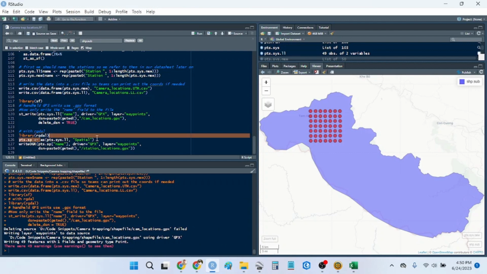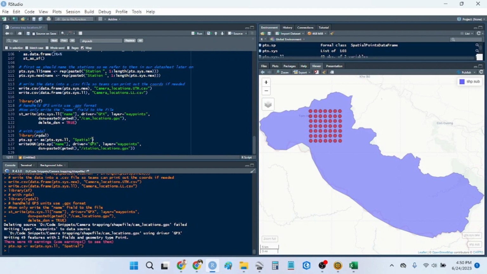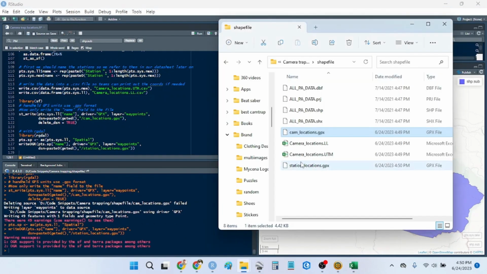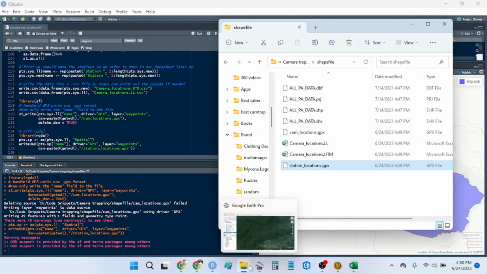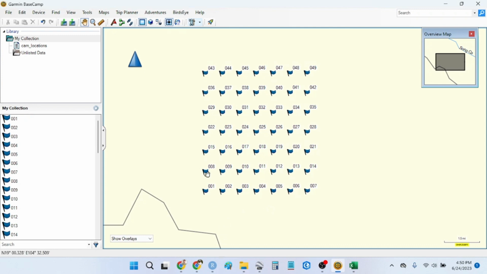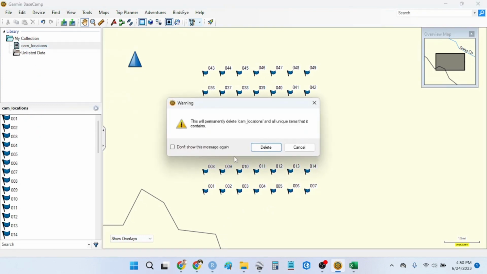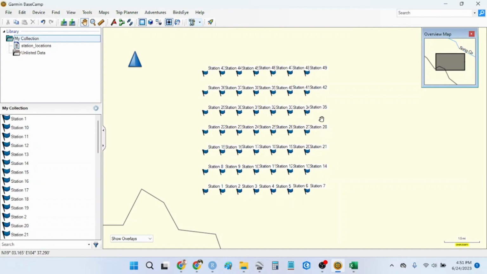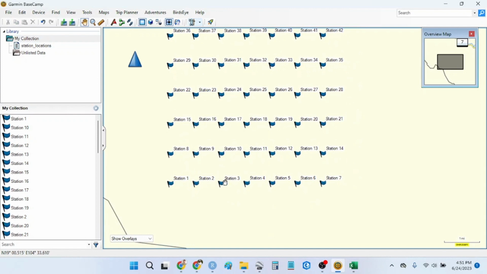So we'll just say as spatial, and this will turn our points into an sp object. And we'll do the same thing with writeOGR, right? And then we look, and our new thing is station locations.gpx. So this goes right onto your GPS unit in the field. And then we'll delete this and plot the other one right over top of it. So let's go here, stations, and it has all the names. So this is really good for your data sheets while you're in the field, so you can make sure that the data sheets and the cameras that are being set correspond with the